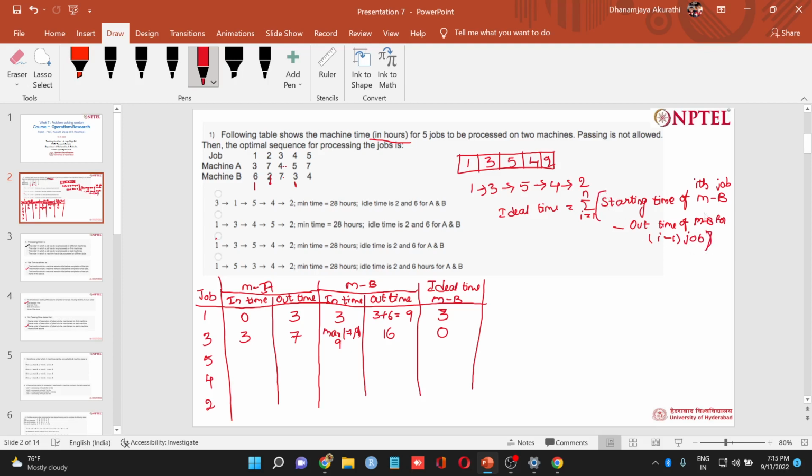Here we are taking the difference in this column and finally summing it up, then we can get the idle time for mission B. And coming to the next job,